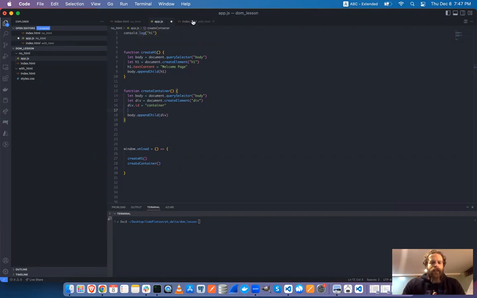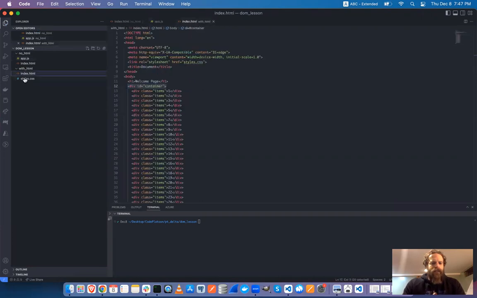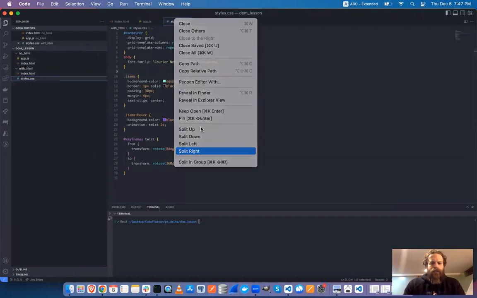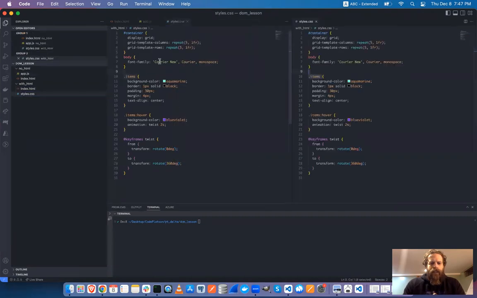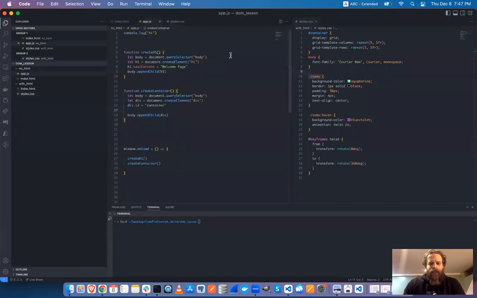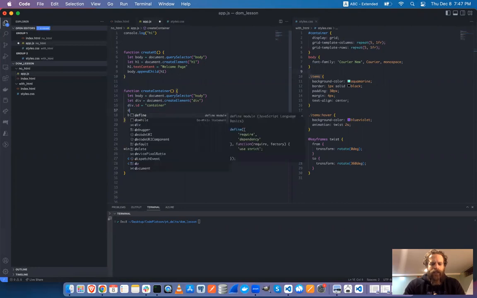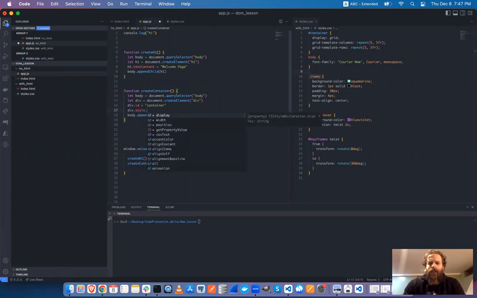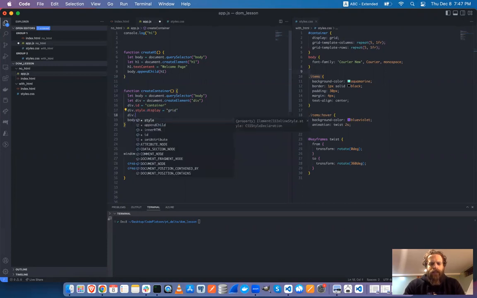So I'm going to go here and I'm going to see what this requires. I'll split this right. And instead of giving it a container and then having a separate CSS sheet or something like that, I'm going to do div.style.display equals grid, and then div.style.grid template columns. So notice